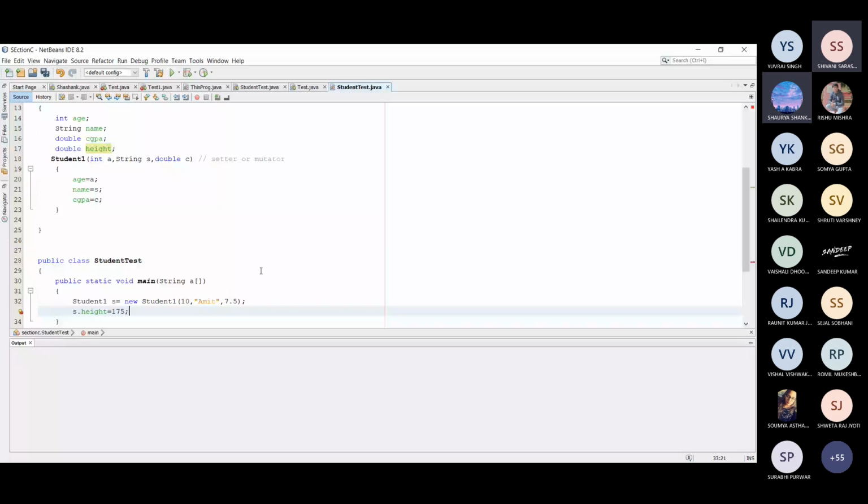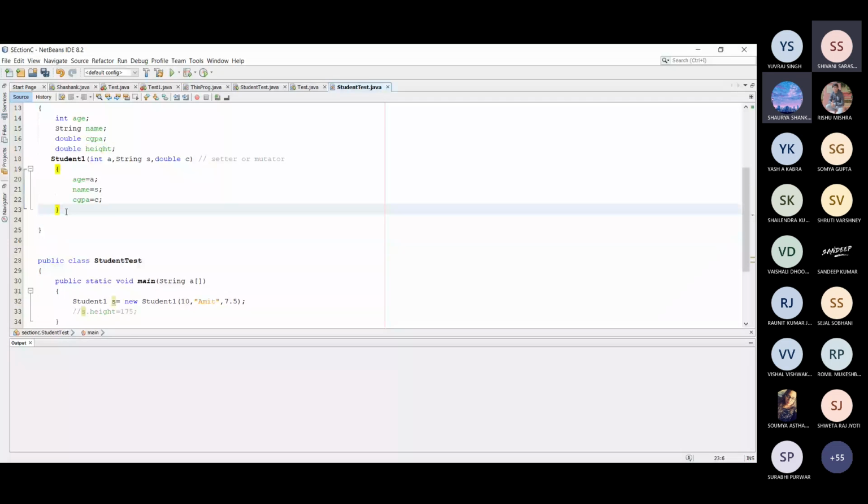With the help of a reference variable, or I can write a separate method here in order to define the height. यहाँ अलग से मेथड एक लिख सकते हैं, but that is actually not recommended.